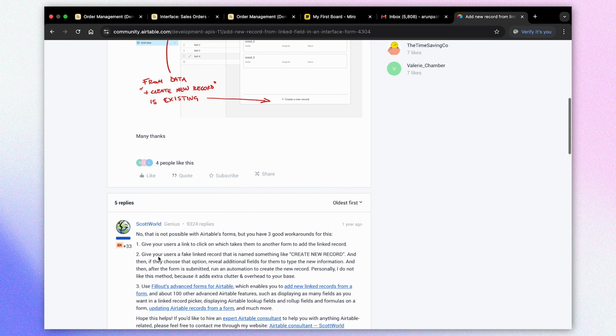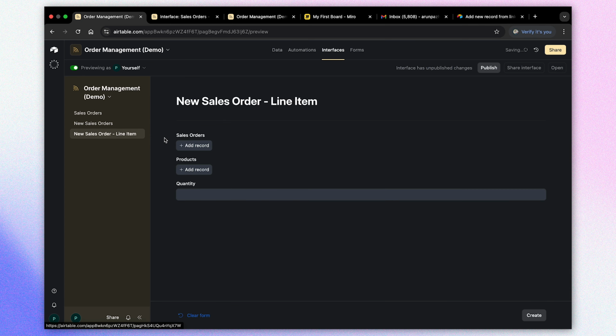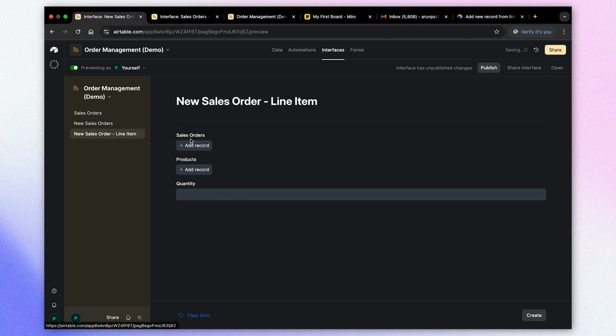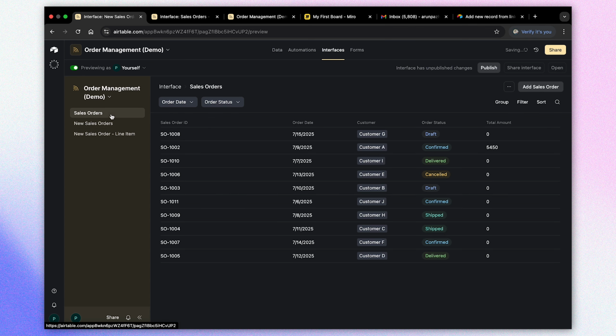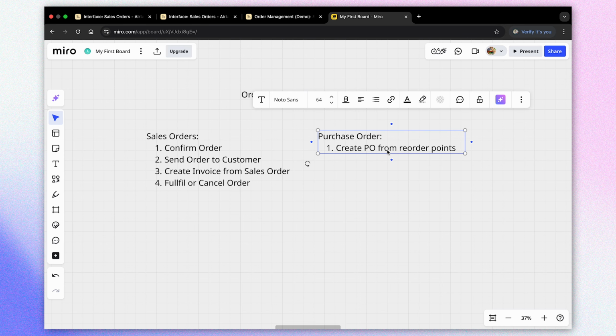So the workaround is usually to go to fill out, or you have one more form for line item. First, user will create a sales order without line item, and then they can create multiple line items one by one here. Yeah, but I think this is a feature that would be very useful to have in Airtable form itself. But anyways, let's go ahead and create our next system, which is creating a purchase order